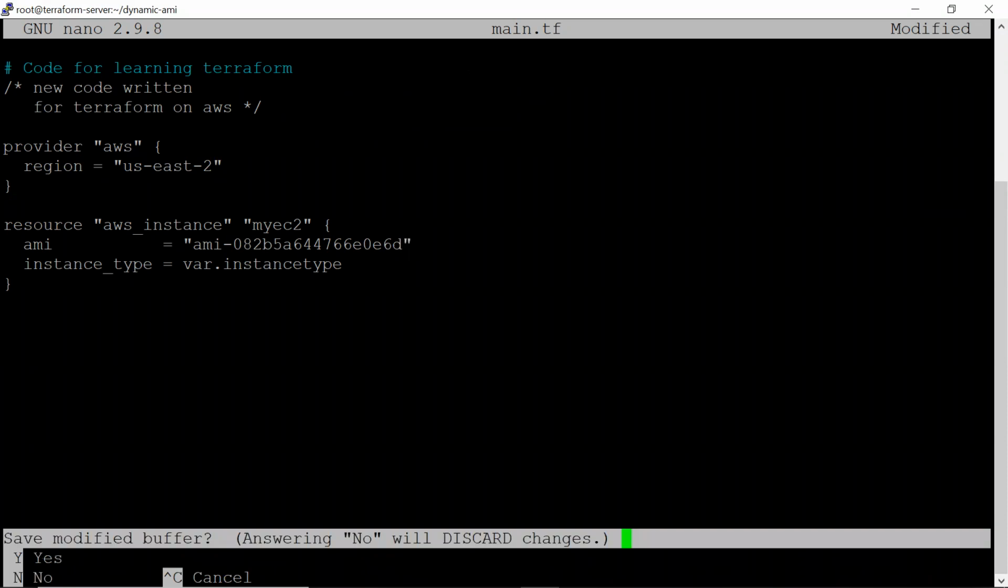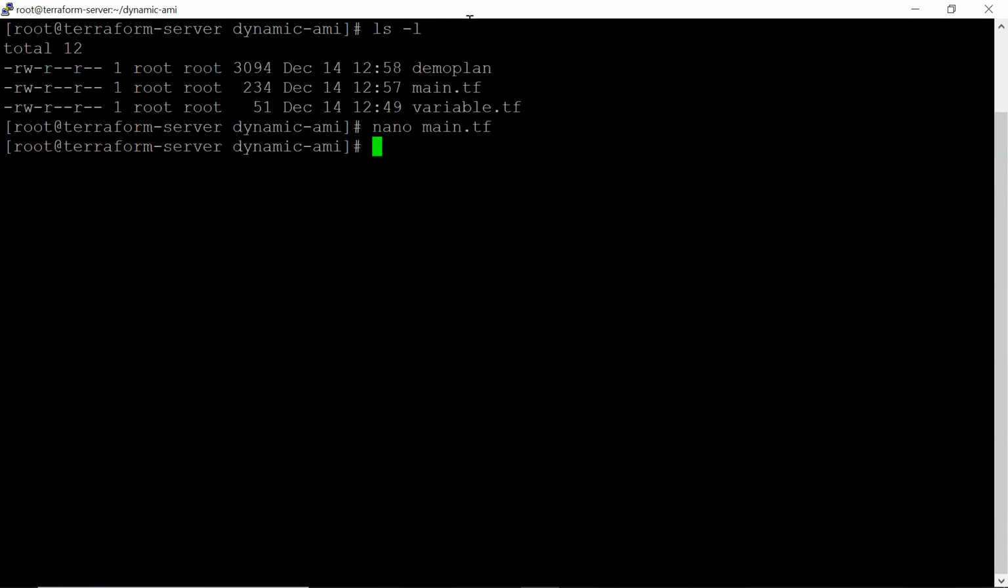But it will not pick the values from here. It will pick the values from here. So I will say terraform apply, and this demo plan is what I want to apply. So irrespective of what is changing here, it will not change here. And now if I go with Terraform,